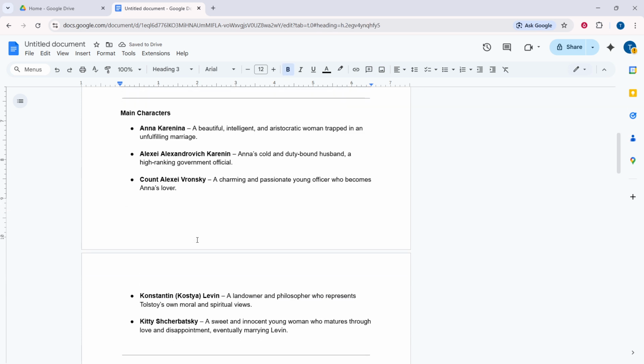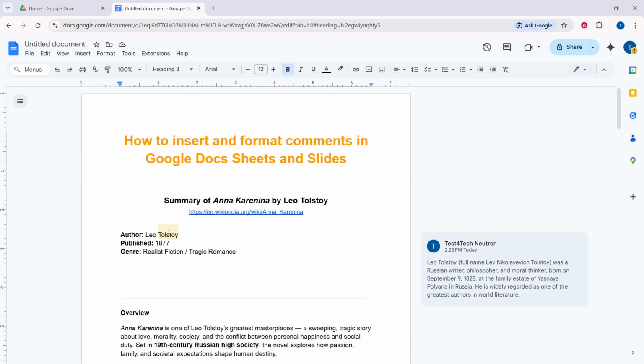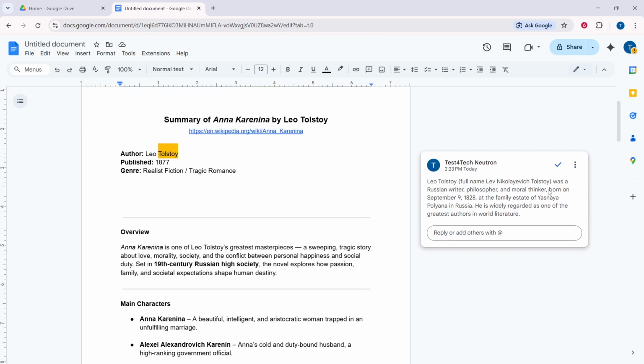If you're more of a keyboard enthusiast and enjoy shortcuts for efficiency, we have those covered too. In Google Docs, you can quickly bring up the comment box by pressing Ctrl+Alt+M if you're using Windows, or Command+Option+M if you're on a Mac. These shortcuts are extremely useful and can save you a lot of time, especially if you're adding multiple comments throughout